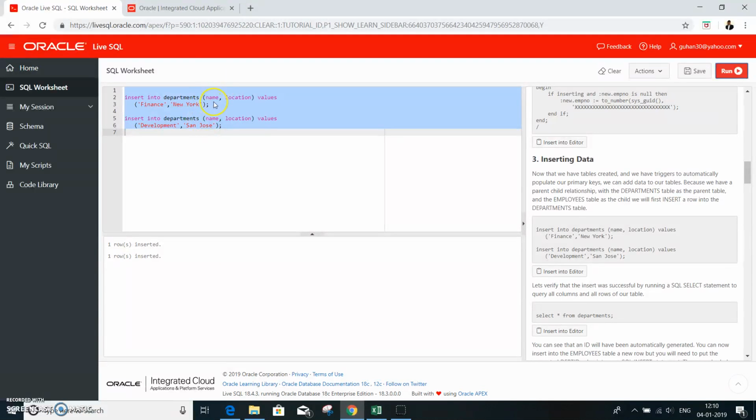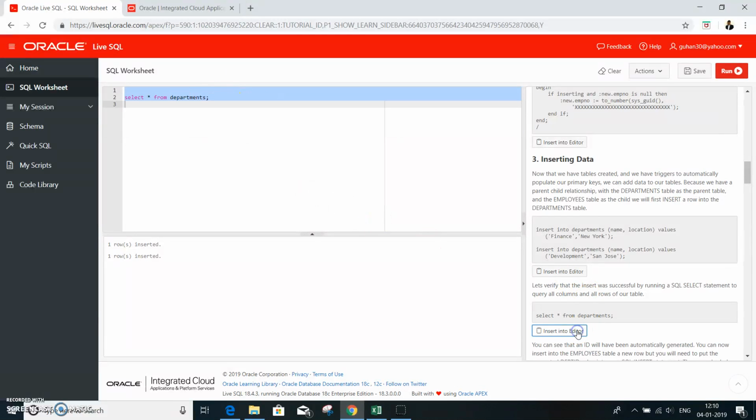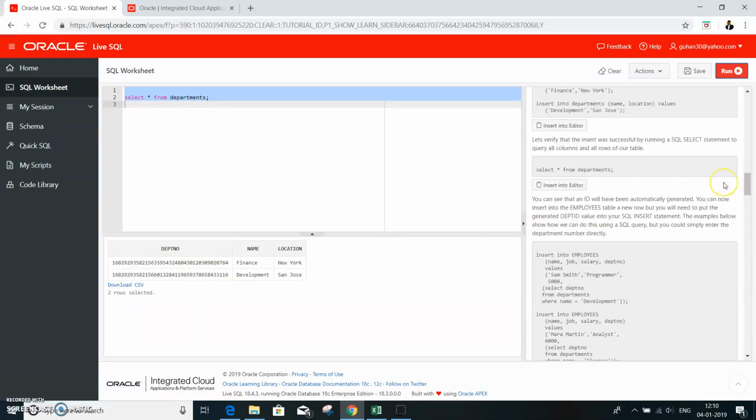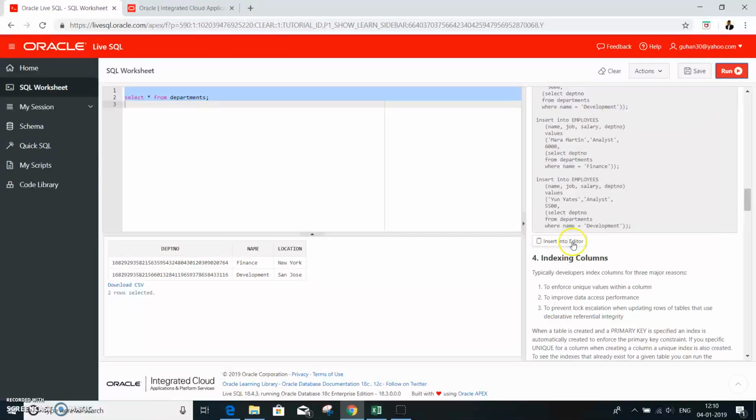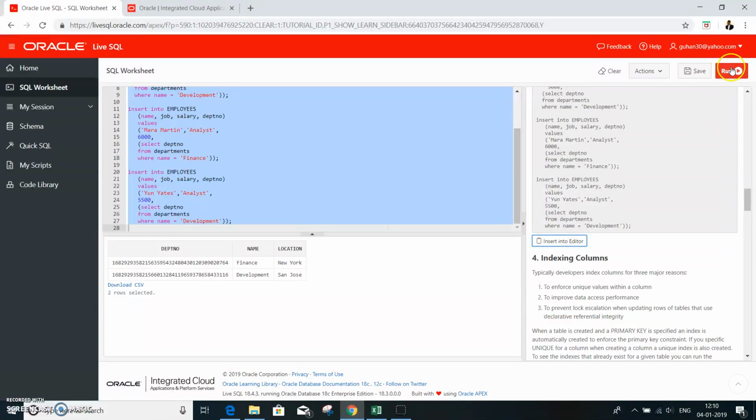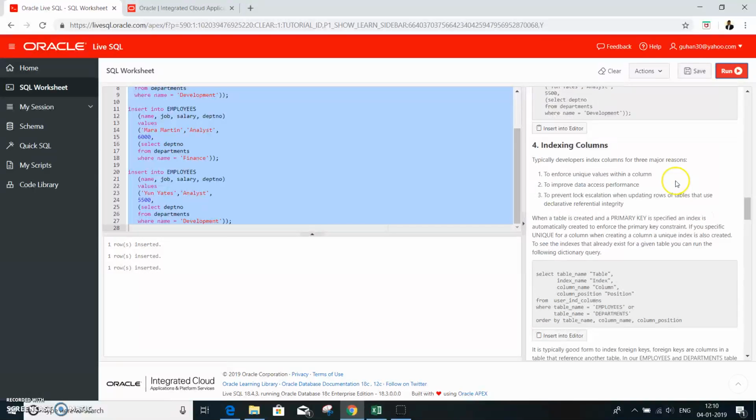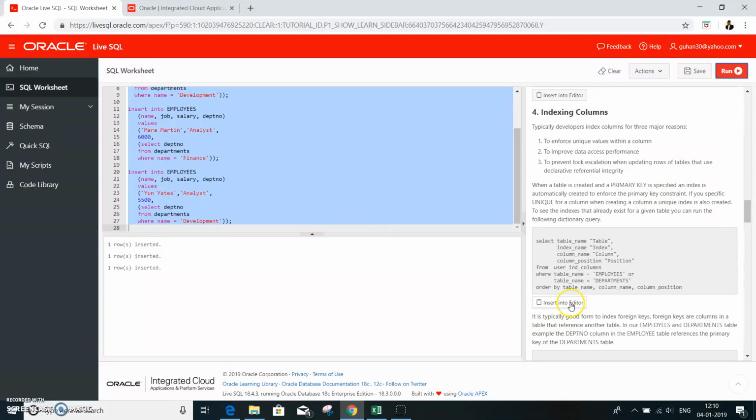Whereas only two column values are inserted, when you go into the select statement, you will find the department number is also auto inserted because of the triggers. And similarly, you go into the employee table, insert, run, 3 rows.